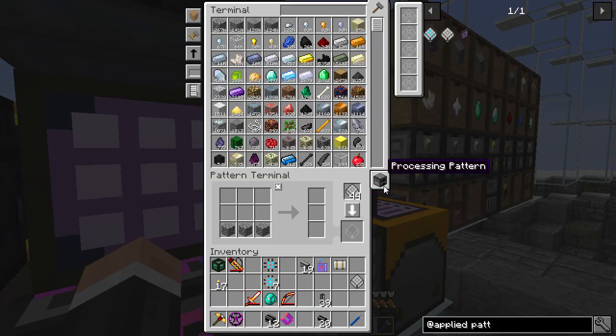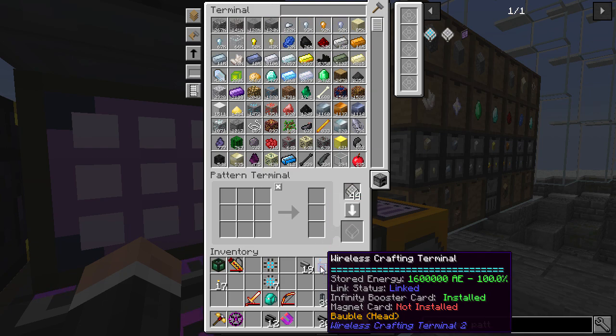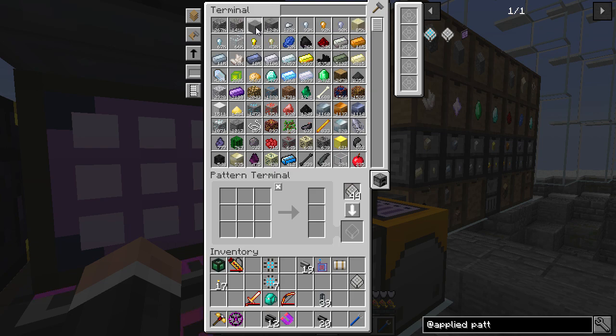Now you can also do a processing pattern, okay? And that, for instance, if we put something like that. Oh, that didn't do it. There we go. I didn't mean that. I've forgotten. Let's get one of these and one of these. So we do that and that like that, and that would